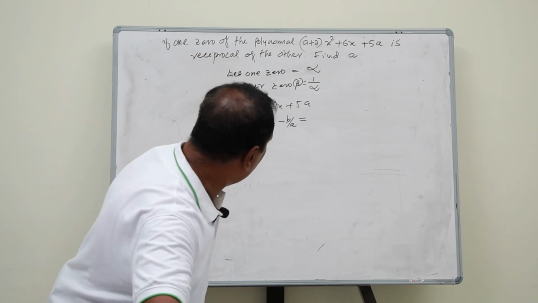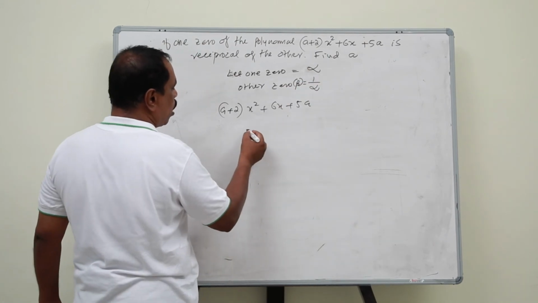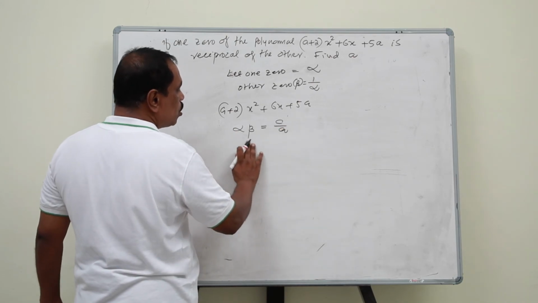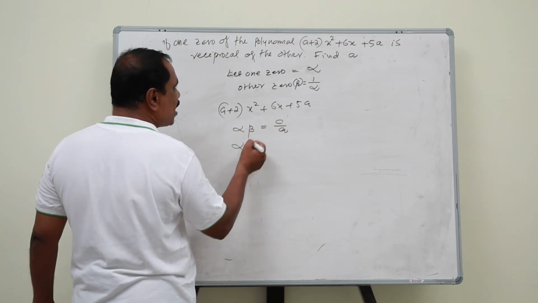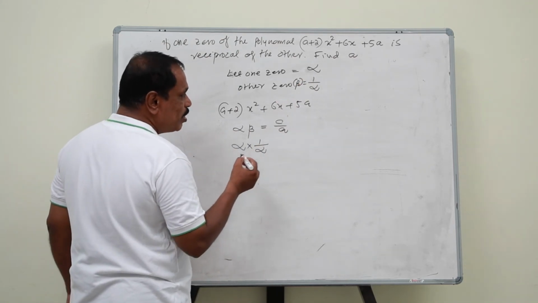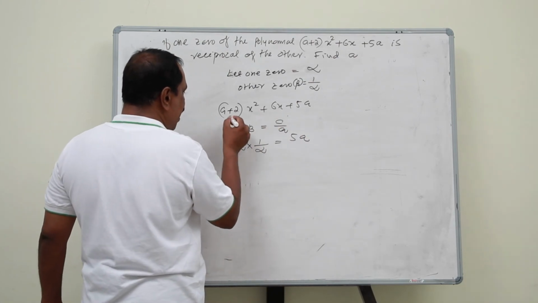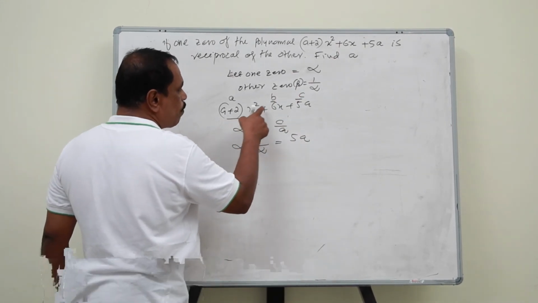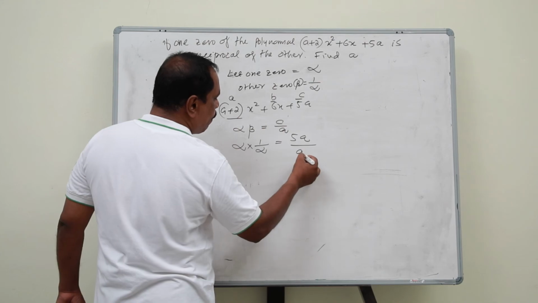Here we don't need to use the sum of the zeros. It is easy, use the product, because one is the reciprocal. So the product alpha beta equals c by a. Alpha is alpha itself, but beta is 1 by alpha. Correct? Equal to c by a. C in this equation is 5a, this is A, this is B, and this is C, in ax square plus bx plus c. So c is 5a, but a is a plus 2.